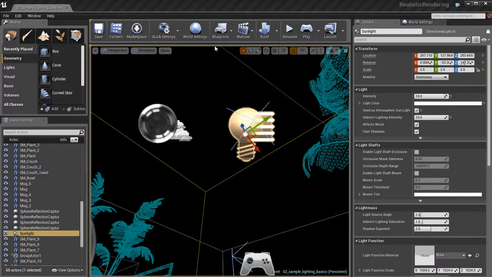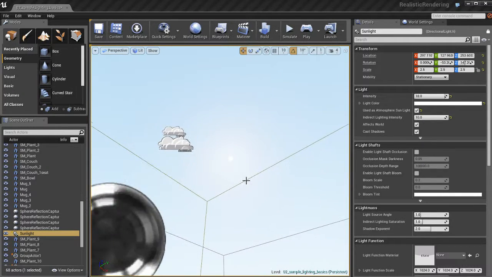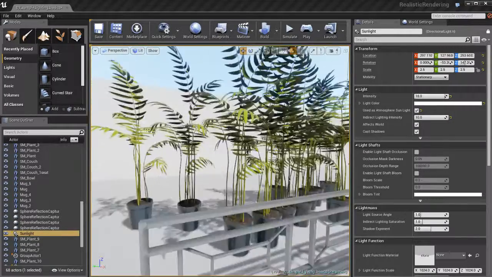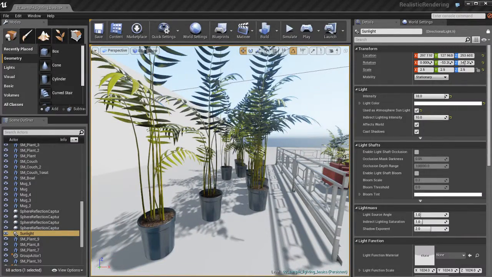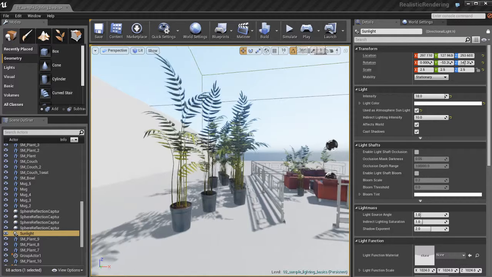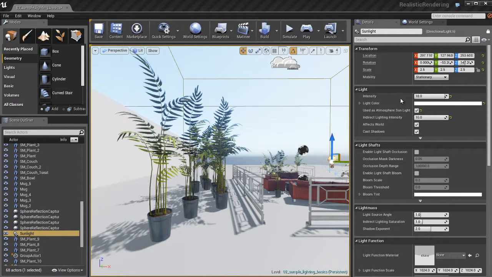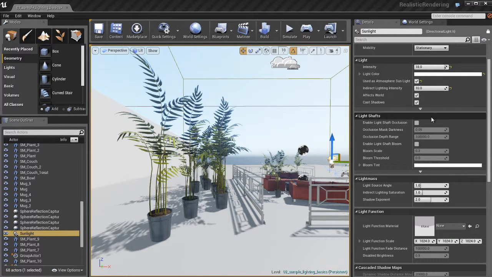If I look at this directional light, it's pointing from about this direction up in the sky, and you can actually see the little sunlight disk in my atmosphere back there. So we know where the sunlight's coming from. So I'm just going to navigate to a different location here so we could see it better. Now with the directional light selected, I have this light shaft parameter rollout in the details panel,